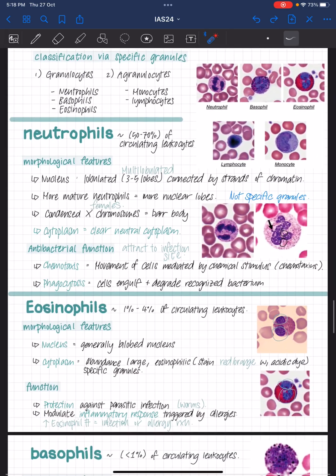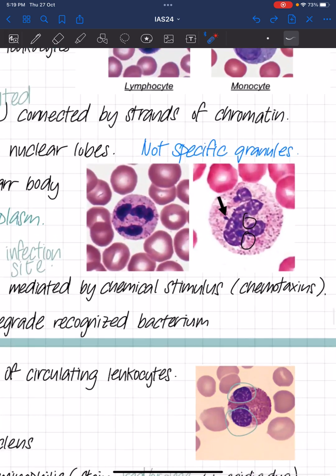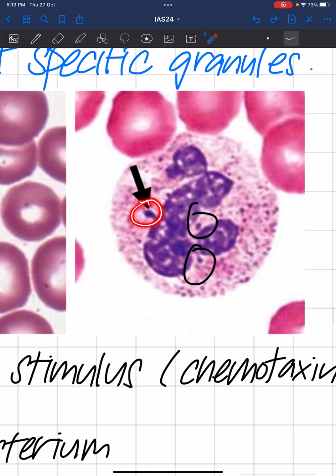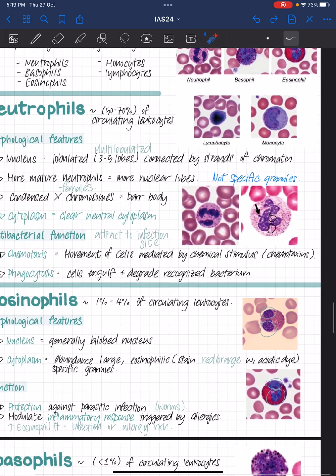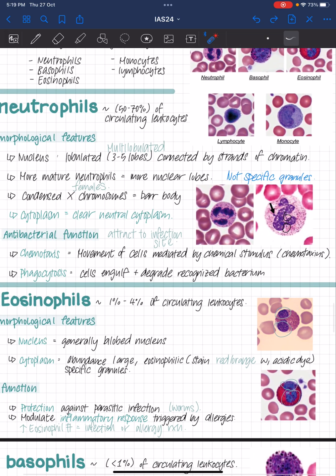And as they grow more mature, there are more lobes. And in females, if you see these tiny little dumbbell-shaped things protruding out of the lobes, they are called Barr bodies, and they're condensed X chromosomes. And a thing to note about this cytoplasm is it's relatively more clear and neutral,